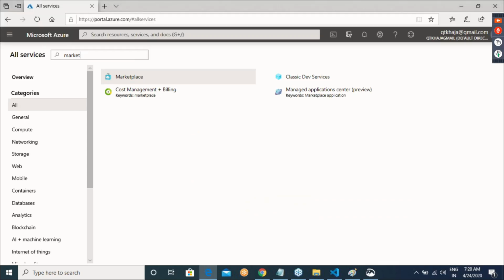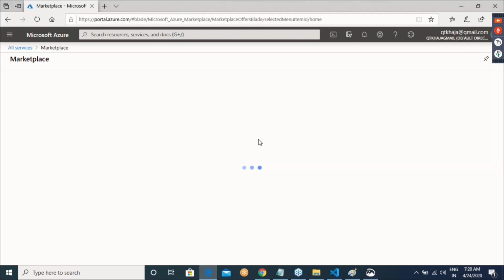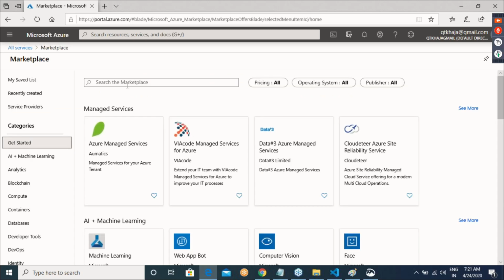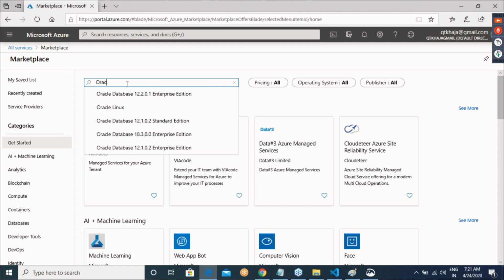I'm just showing you on the UI, right? In the marketplace, you can go and search for Oracle.